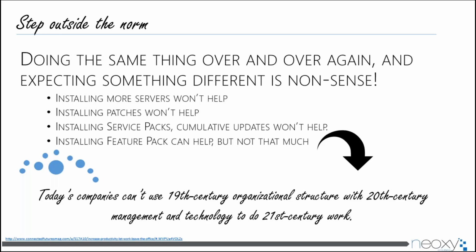It won't help because all the new features being done by Microsoft are first coming in Office 365. Installing more servers, patching those servers, installing service packs, cumulative updates, feature packs, all of them will not help because people, the end users, your business wants things now and they want to use all of those new functionalities now